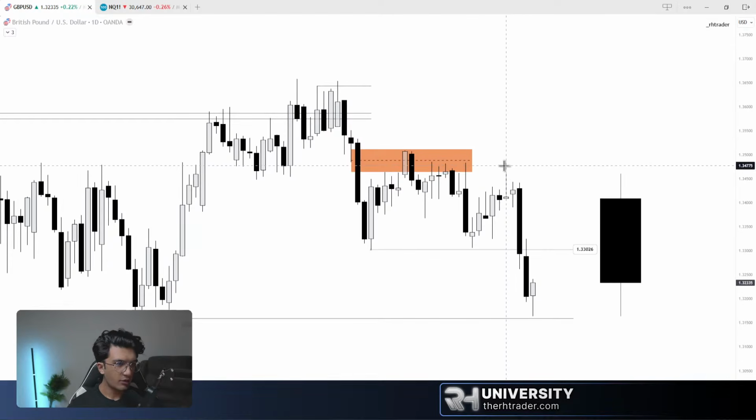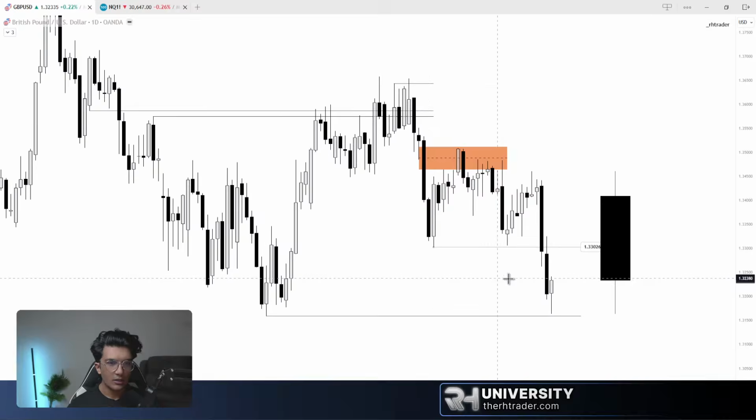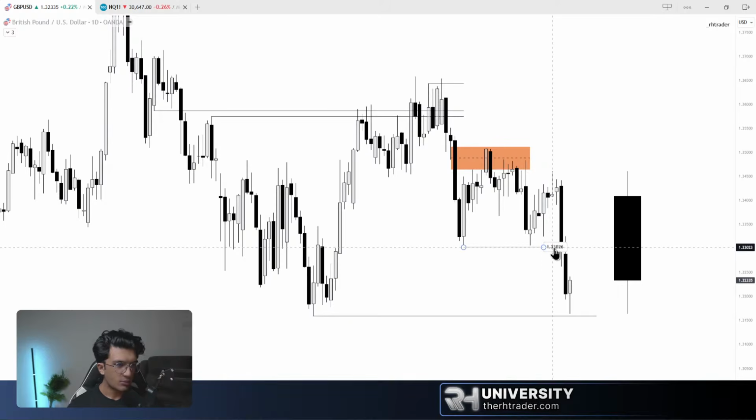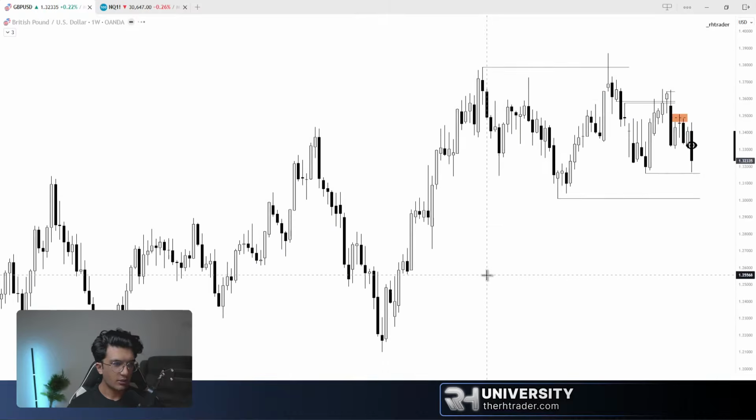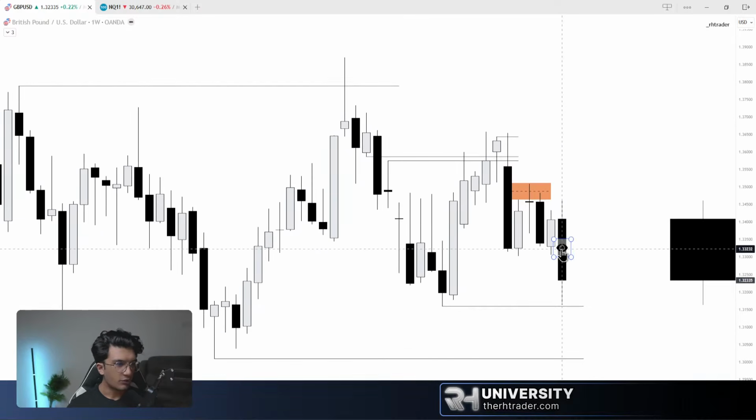We have Monday forming the high of the week, and price expands low, right? So once again, this objective has been met. I'll clear this out for now, and we expect price to get to these lows, right? Just keep it to the higher time frames. That is what will really give you the direction, right?